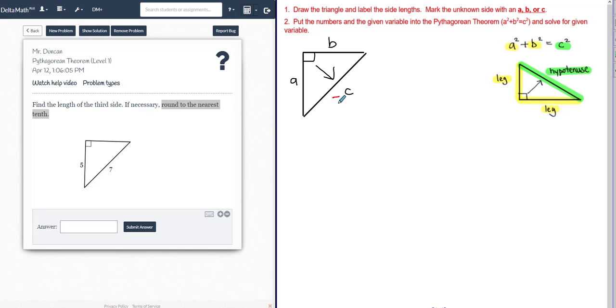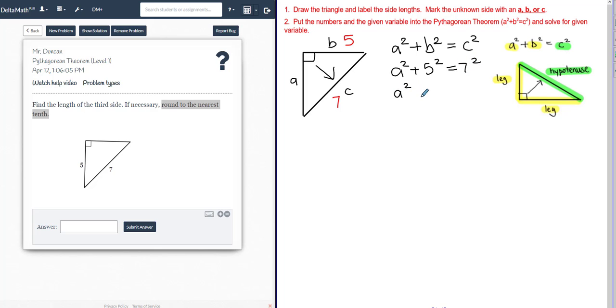But according to this, I have a hypotenuse to the side. This is going to be 7. And then I have 5 in B or 5 in A, it doesn't matter. I'm going to go ahead and mark 5 for B, which means A, I'm going to use the variable. Now when we write the Pythagorean theorem, we have A squared plus B squared is equal to C squared. A will remain the variable. My B is going to be 5